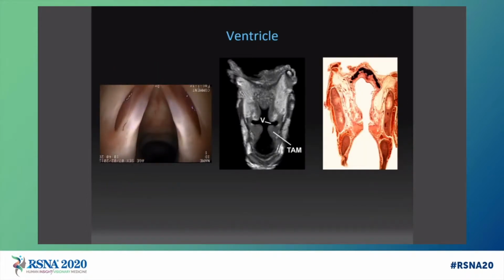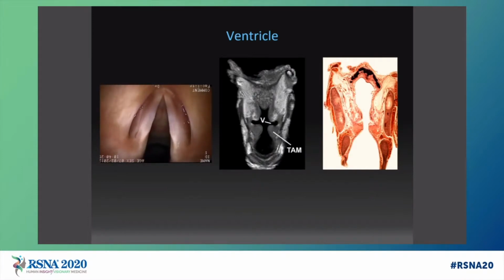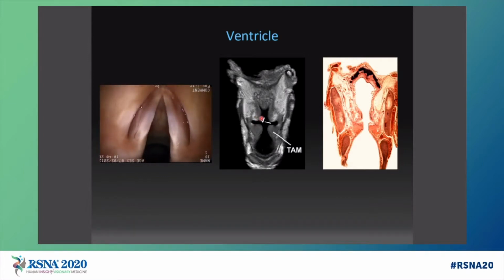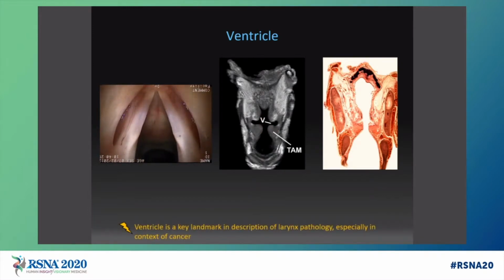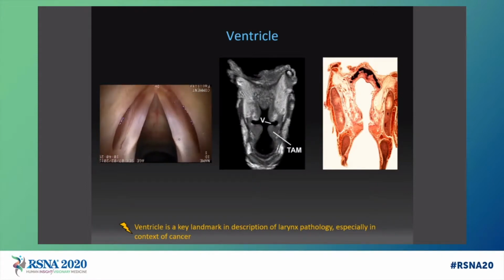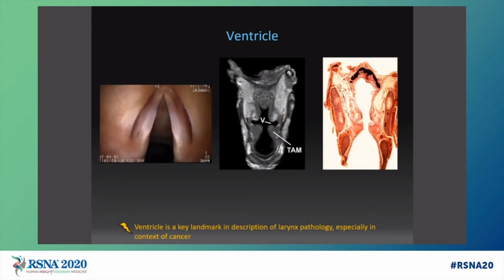Here is a video from a laryngoscopy showing these recesses on either side, and those are the laryngeal ventricles. And here is a histology specimen, MRI, and the specimen itself showing the ventricle, which are these recesses off to either side. Above the ventricles are the false cords, and below the ventricles are the true cords. The ventricle is a key landmark in description of larynx, especially in the context of cancer, because it divides the subsites supraglottis from glottis, which are different in terms of staging. And also, if you have a tumor at the ventricle, it can grow laterally into spaces, upstaging tumors, as we